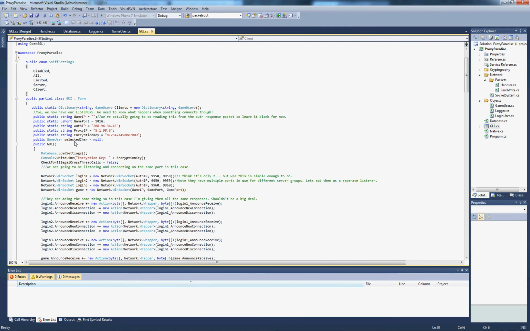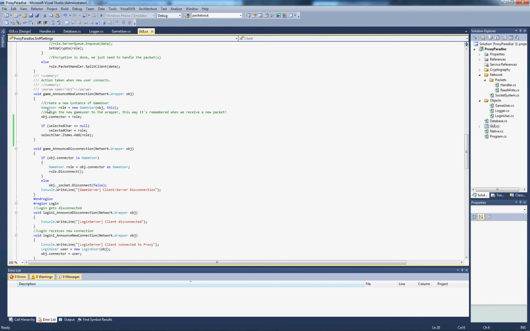Again, it wasn't in use originally, so what I had to do is when we receive a connection, go to announce new connection here, I say if selected character equals null, selected character equals role, the one that we've just created. This will bypass that selection box entirely. But what I did do is, no matter what, we're adding the item role to that select characters drop down. Now, this posed another issue in that the drop down would not list the character name, it would list a big long string saying the full long string to get to game user